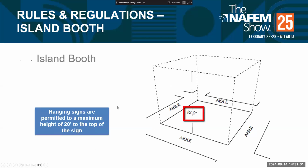And finally, we have our island booths. This island booth is an island because it's open to all four sides, and it's composed of a minimum of 4 individual booth units. So the most common rule to keep in mind for an island booth is that you are able to build or have a product that is up to 16 feet tall